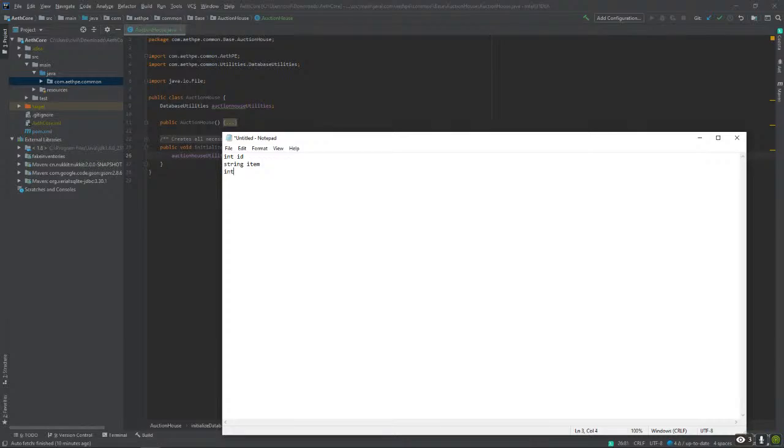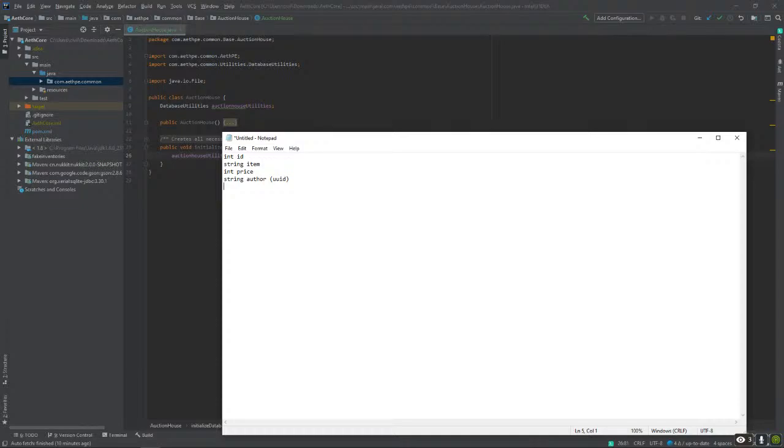So then we're going to do an int price. So that's going to be implemented later on. So we can't exactly finish auction house today, but we can come pretty close. So now that we have int price, we need string author. So we're going to store this as a UUID. So that's 4. And we should do int seconds.